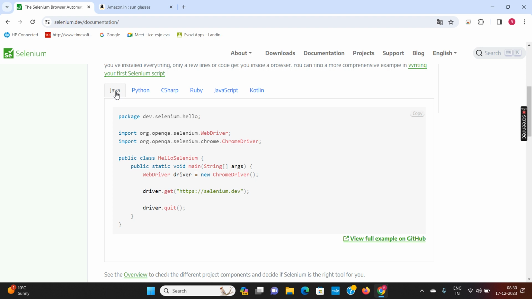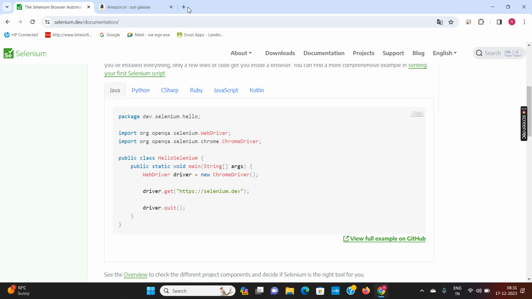Again, when you go to job portals like Monster, Naukri.com, Indeed, etc., and you search for automation jobs or Selenium automation jobs, you can see what the requirement is. You will see that approximately 60 to 70% of jobs are Java based. Why Java based? There is another reason behind it.